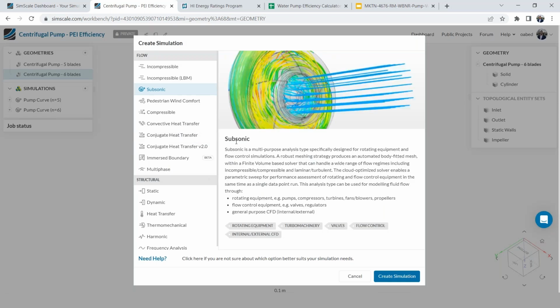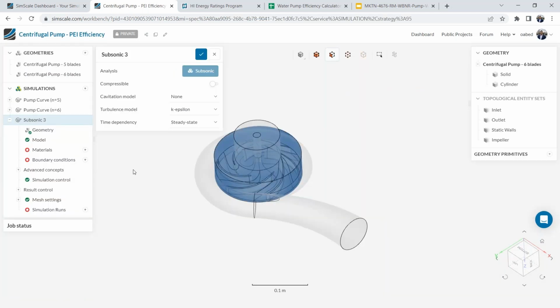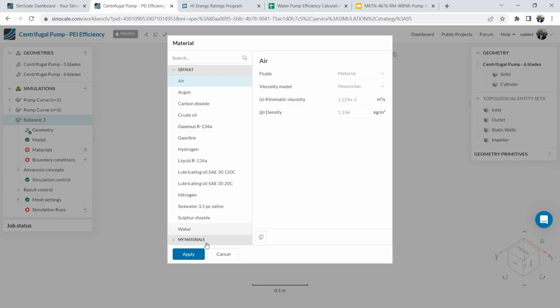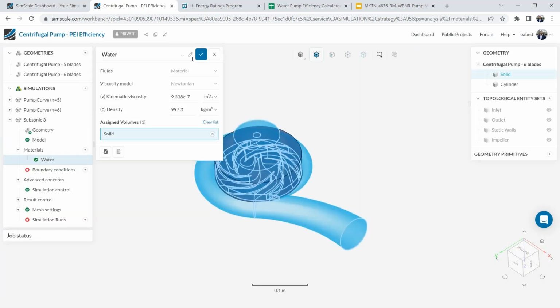So as we create a simulation for one of our geometries, we want to use the proprietary Sonic solver. This is our rotating machinery solution within SimScale. As we create a new simulation setup, we just want to go down the tree to define the problem fully. In this case, we want to define water as our flow material, assign it to the flow region,